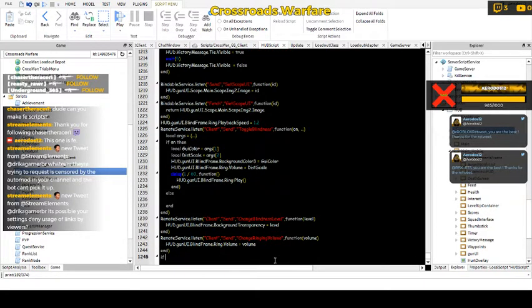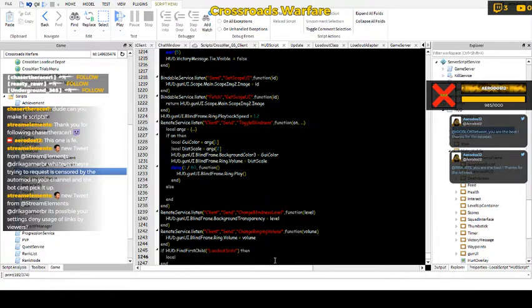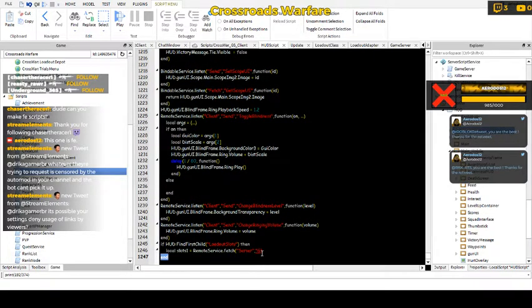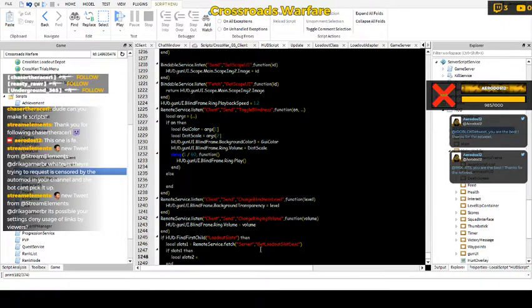So the next thing I'll do is if HUD find first child loadout slots, then local slots 1 equals remote service fetch, okay, and then loadout actually not server get, I think I have it here, loadout slot description, put that in, and then if slots 1, then local slots 2 remote service fetch. Actually, yeah,